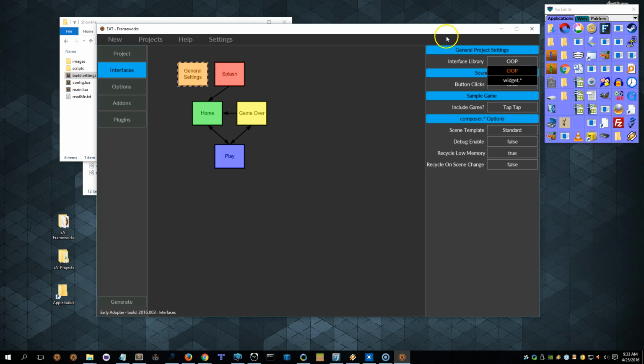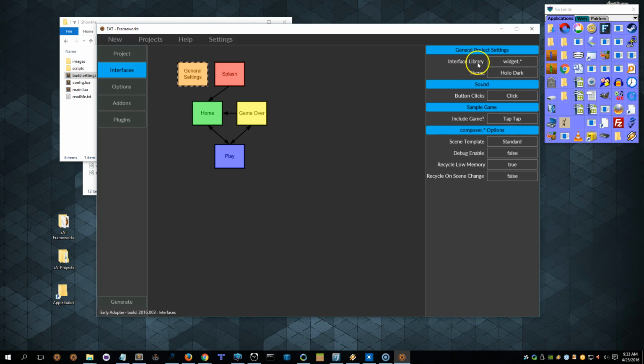Basically, it's a library that I put together a long time ago in the Corona Geek Show of push buttons and toggle buttons and whatever, all written in object-oriented Lua using log30. This is a really great place to start if you're interested in seeing how to do object-oriented programming in Lua with Corona. However, if you want to stick to the standard interfaces, you can use the widget library, which is